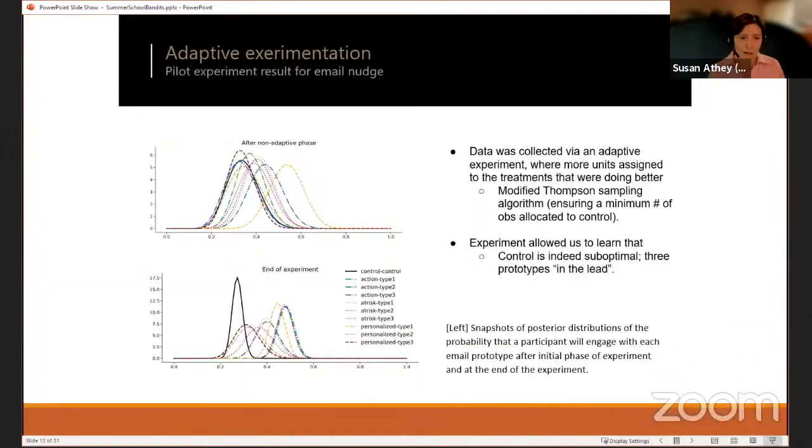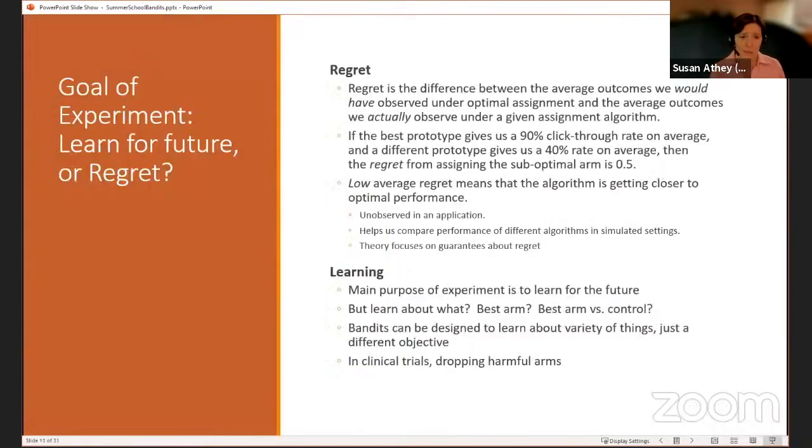And so going back a minute to our adaptive experiment we ran on the emails, it turns out when we did simulations later, we ended up doing almost the same with exploration sampling as we did with Thompson sampling. And that just has to do with this particular DGP and where we ended up, because we had these 2 that were similar. So Thompson sampling hadn't made any mistakes yet, and it was still doing a fair bit of exploration around the best arms.